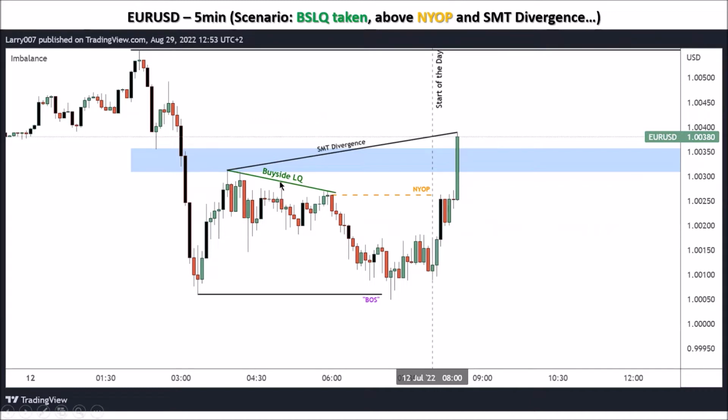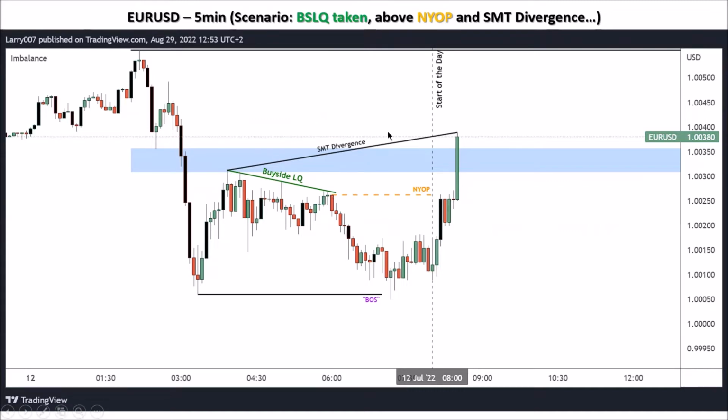But mainly we see the buy side liquidity. So I do not want to sell below this. I wait first for this buy side liquidity to be taken. And then I look for a sell setup. So here